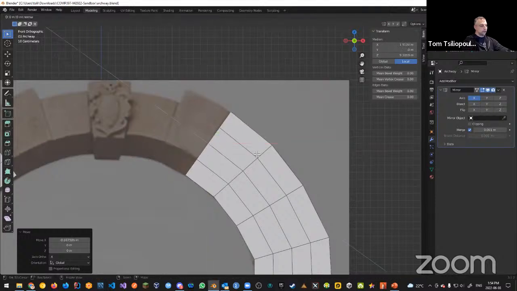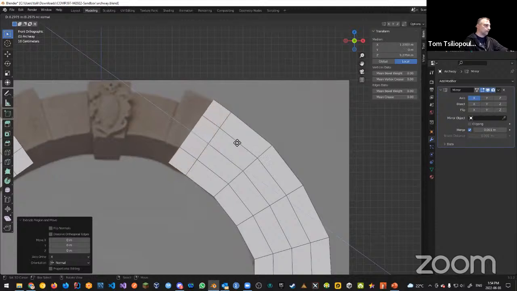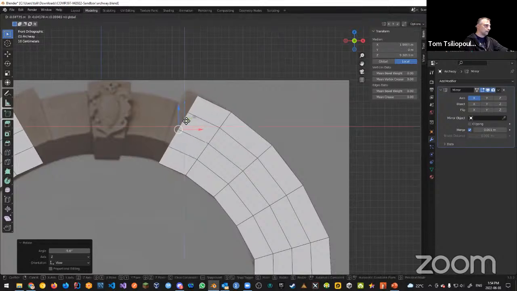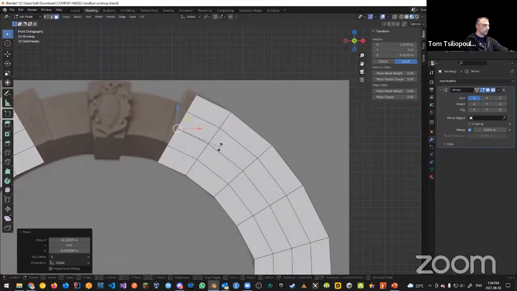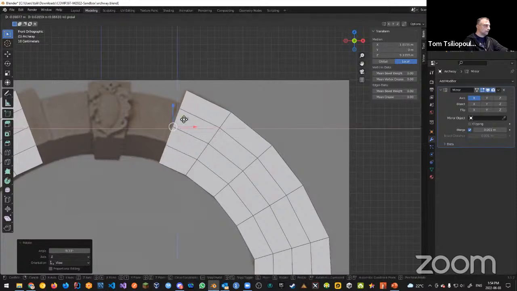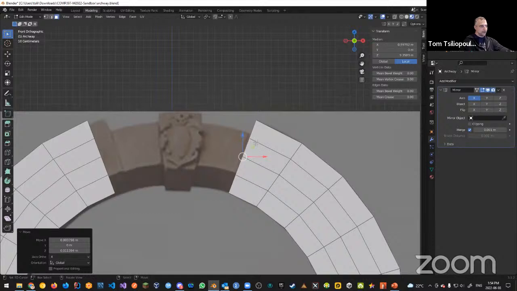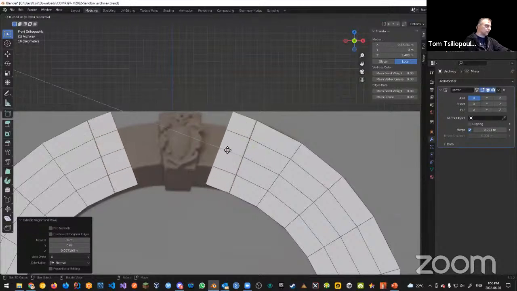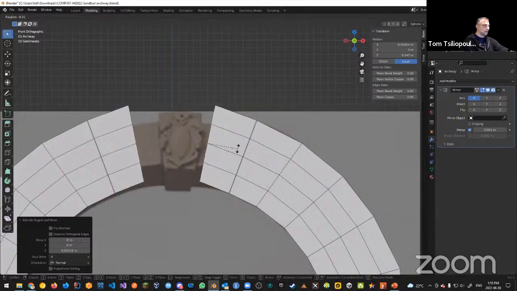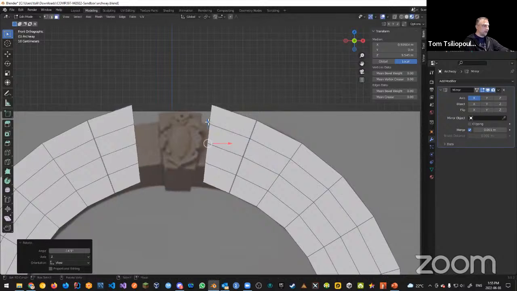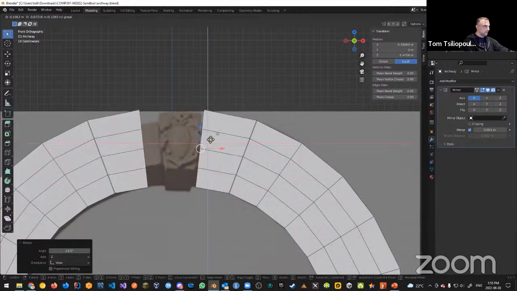And then E to extrude, enter, E to extrude, move it out, rotate it, adjust it in place, rotate it again, adjust it, move it into place, move it up a little bit, right? And again, we know it's not going to be perfect, so we're not going to complain or worry about the reference because I know we tend to do that. So E to extrude, enter, E to extrude, come out as much as possible, rotate it so it's where it's going to be, and we're going to come in here,